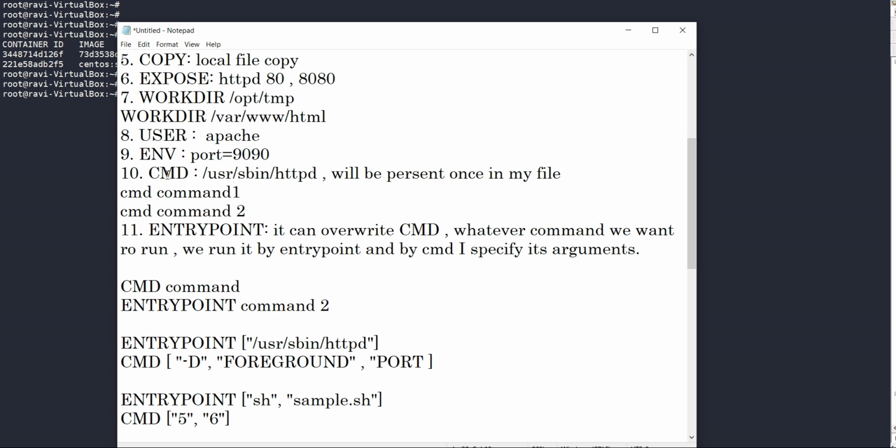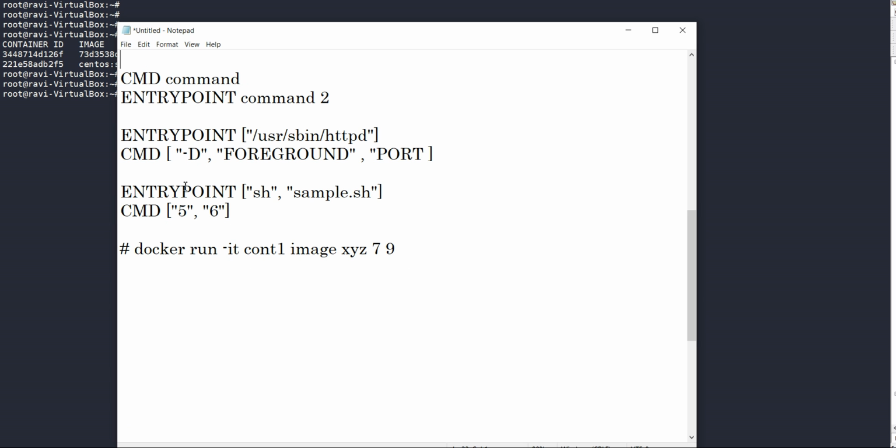CMD is run when my container boots, and will be present once in a file, because if it is present multiple times, then the later one will override the previous one. ENTRYPOINT is also like CMD, but it can override CMD. So whatever command we want to run, we run it by ENTRYPOINT, and by CMD I specify its arguments.